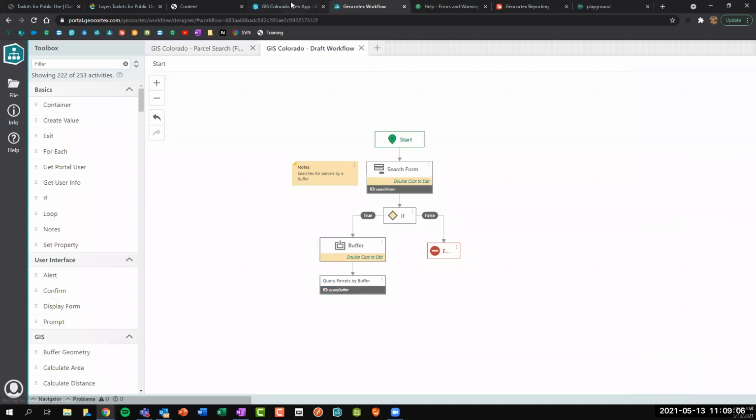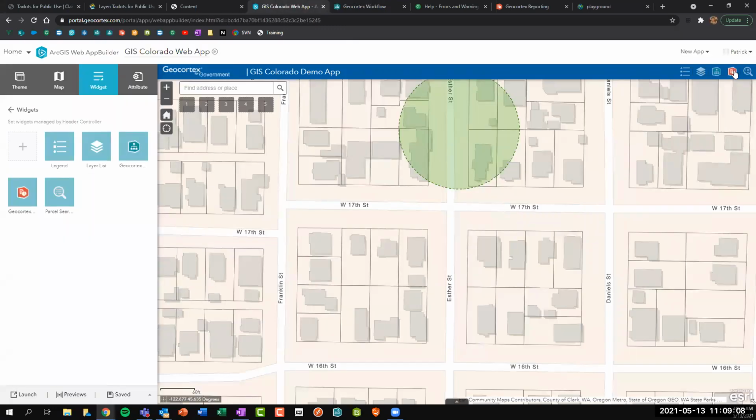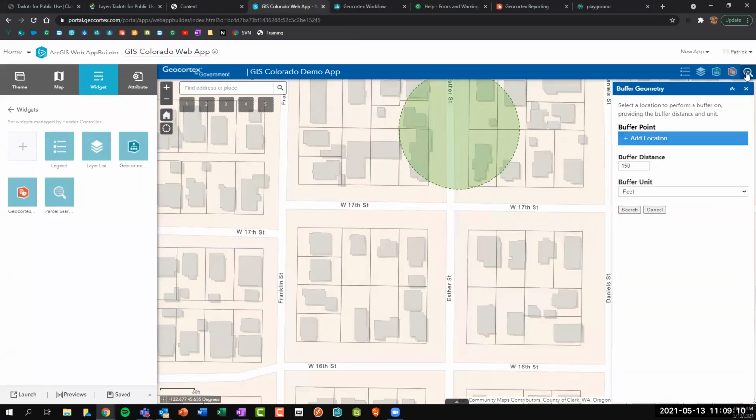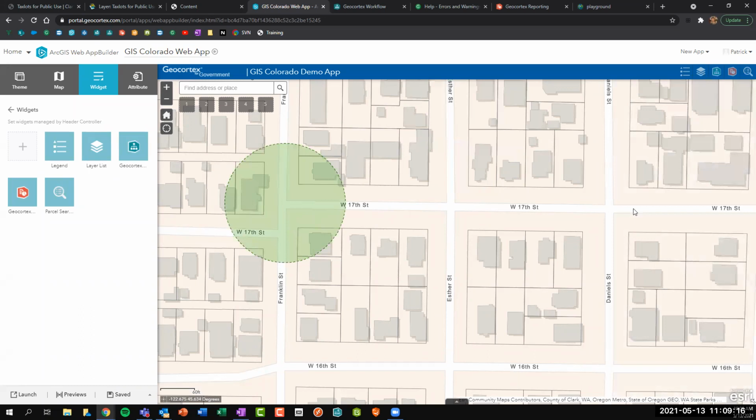So let's save. Now it's not going to look like anything to the end user. And this is where we'll get into debugging workflow. So if I add a point here and click search, how do I know that that query actually worked? Well, this is where we get into debugging. So if I hit F12